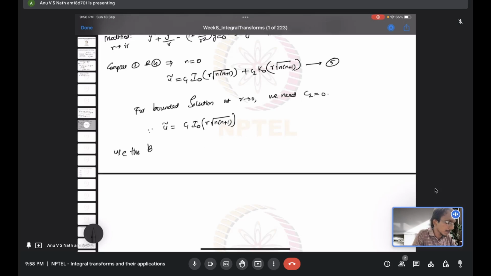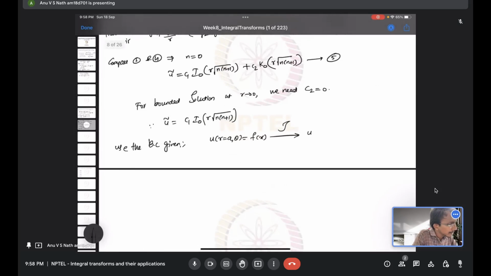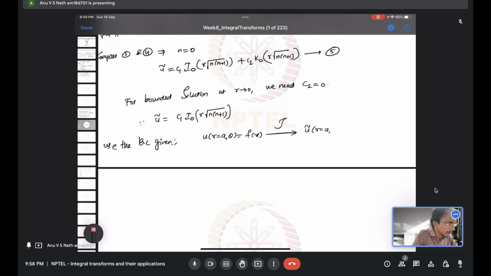Use the boundary condition given, which is basically u at r equal to a at every theta is given as f of x. So that means, okay, this is f of x. In the transformed variable, the u tilde at r equal to a again, but for every n is some f tilde of n, which is the transform of f, the Legendre transform of f. So if we do that, let's say this is equation 6, then equation 6 will give f tilde of n